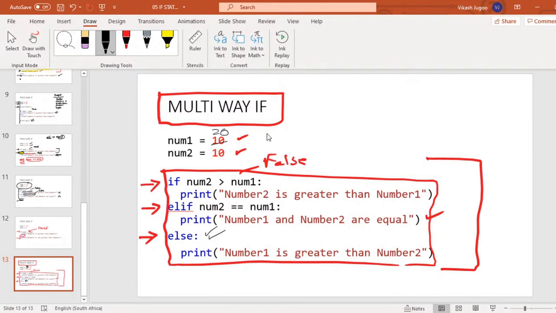And finally, if we have 10 for num1 and 20 for num2, and we test, is num2 greater than num1? That will be true. And if that is true, then the first statement is executed and everything else in the else if and the else is ignored. So the rule with the multi-way if is, the minute one condition is true, you